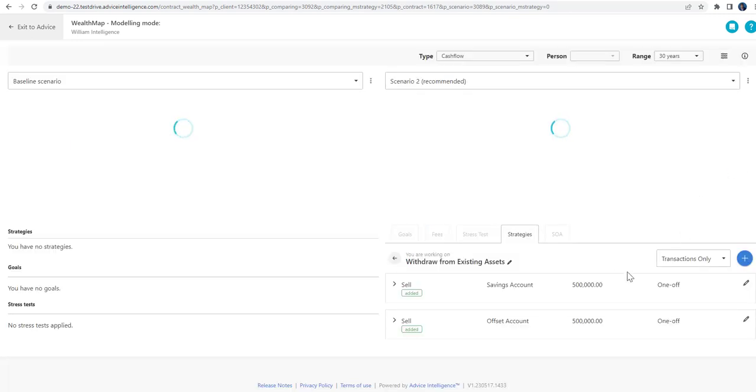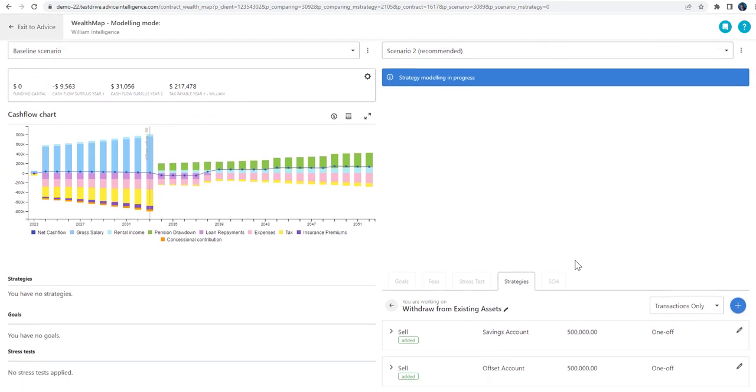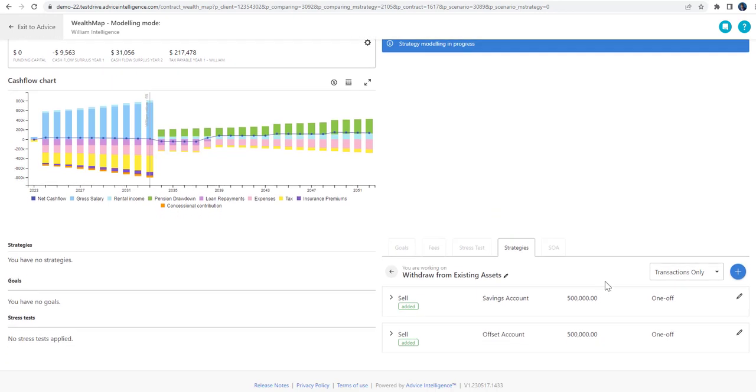So even if he currently has the means to pay off that investment mortgage in full, William has indicated to me that he's starting a new startup, a new venture, and he needs some ready cash available for that. So we're going to use $500,000 from his savings account, and we're going to push this towards that loan. We want to reduce the amount he owes to the bank. That second lot of $500,000, it won't be used right now, but just remember it for later in this scenario case study.